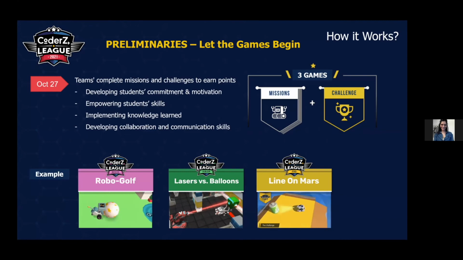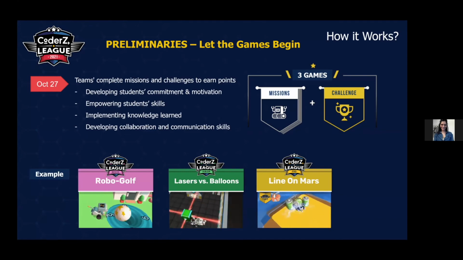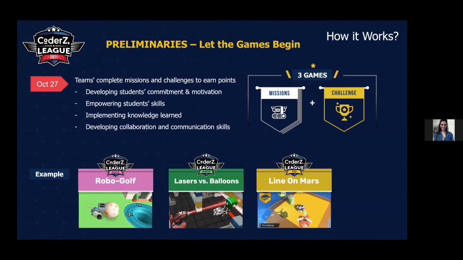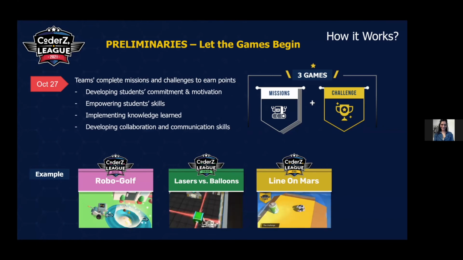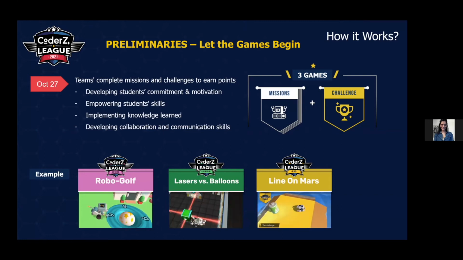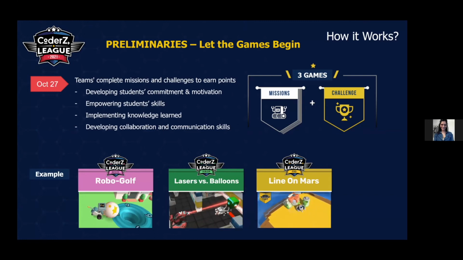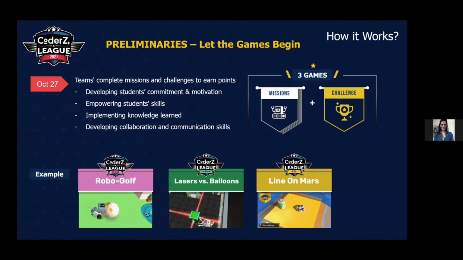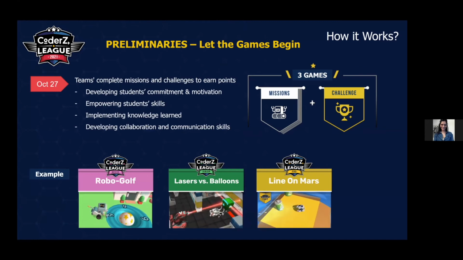But at the end of these missions, there is the RoboGolf Challenge, where students need to program the robot and can improve their code over and over again. This phase is where students can showcase all the knowledge they learned throughout the curriculum and work together as a team to get higher and higher scores on the leaderboard.